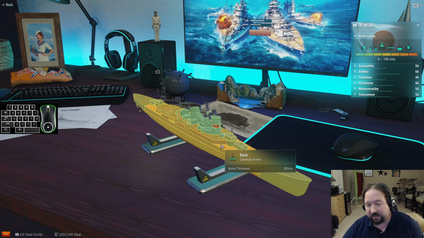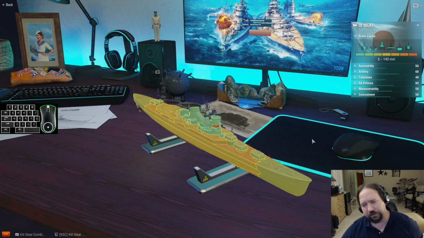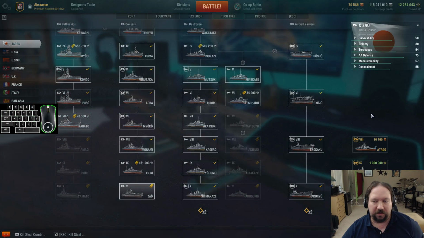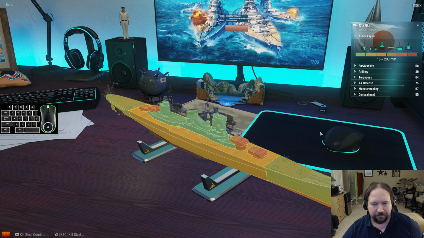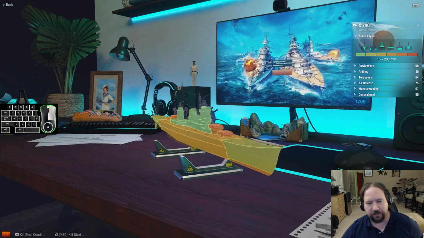Okay, the Ibuki gets a little, but you could still get penned off the deck. It could ricochet and scrape right into here and you'll still take damage, which is unfortunate. So if they were able to give the Zao an armored deck, wouldn't that be nice? At least to be fitting with the line, kick this up to a 38 or a 42 or something. Then suddenly you're bouncing even the overmatch stuff, and I guess maybe they'll overpen on your superstructure, but